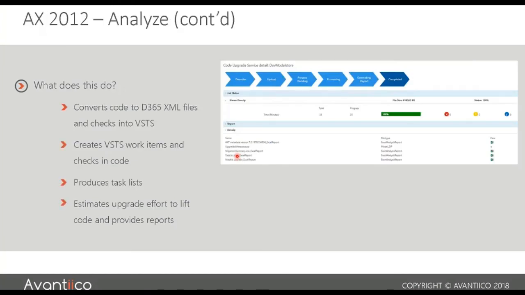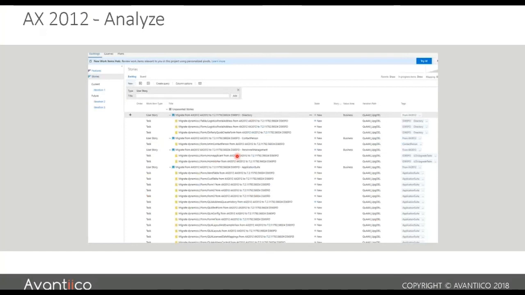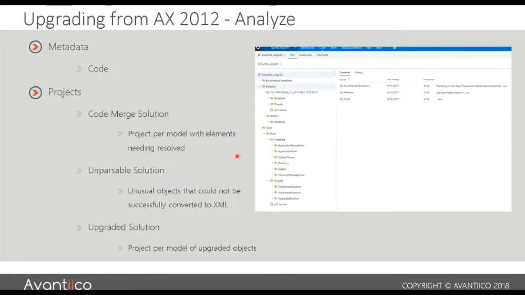The benefit is that if you link this up to version control or VSTS, it will actually create tickets, or work items, so you can start managing that process as well. It will give you an estimate only. It will go through and give you a high-level report of what you've got and what it thinks the effort is. But it is